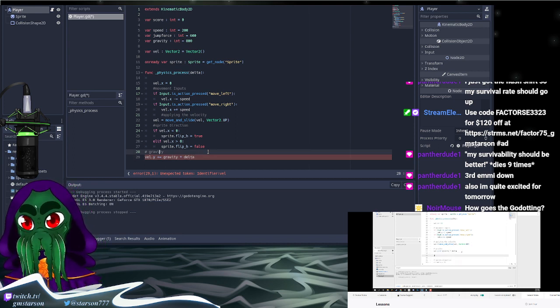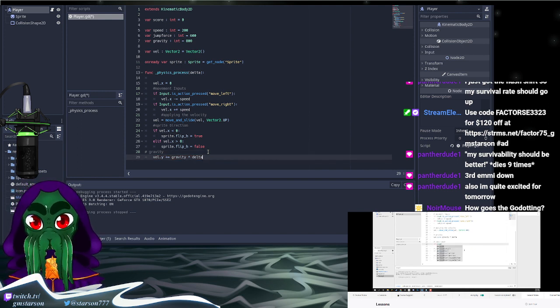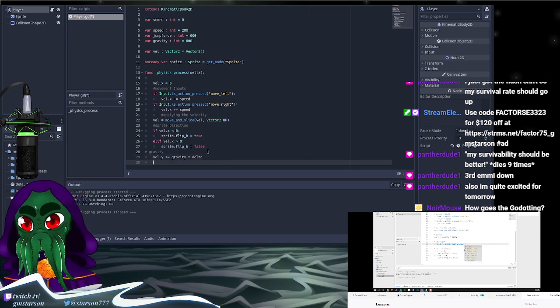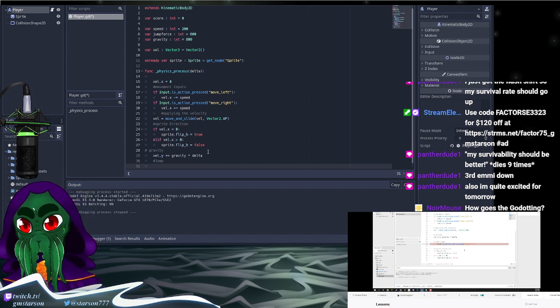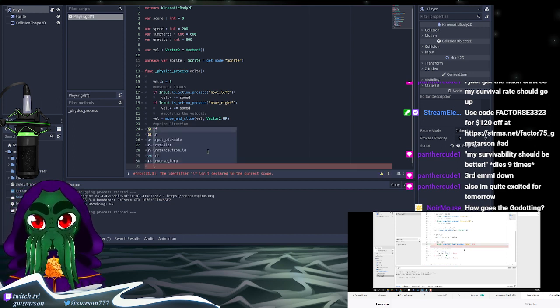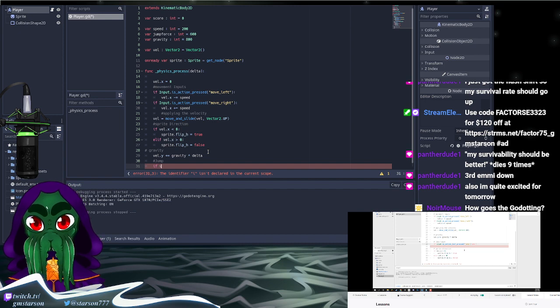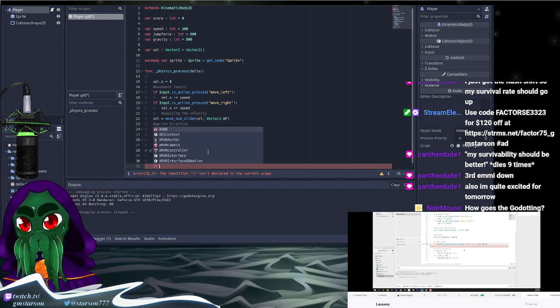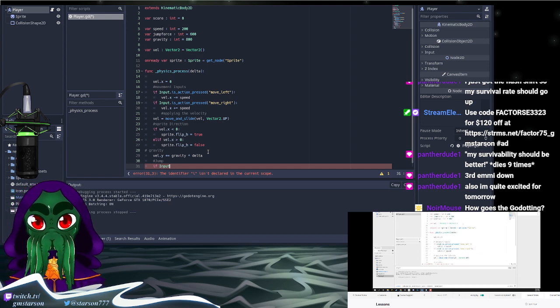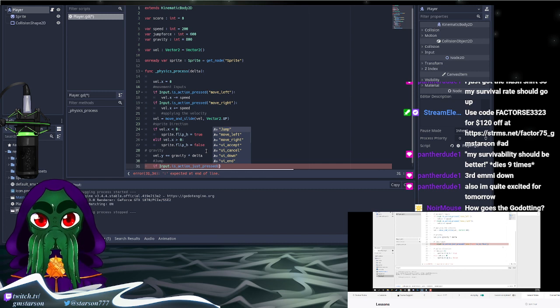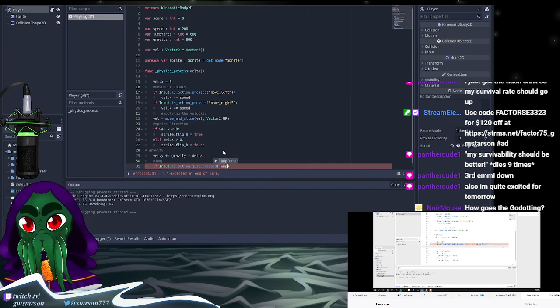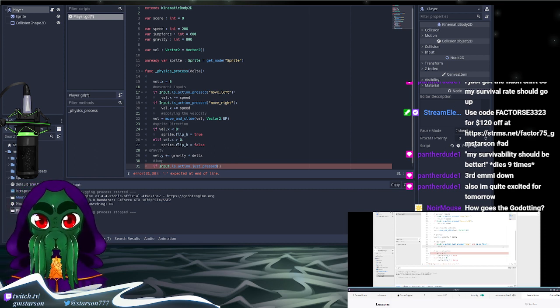Then we also want to add in the jump input. So here we can just go if Input.is_action_just_pressed, so if an action has just been pressed, and that is going to be the jump key, and if we are sitting on the ground, because we don't want to be able to jump if we're already in the air. To do this, we can go and is_on_floor. This is another built-in function with Godot with the kinematic body 2D here, and this returns true or false to whether or not we're standing on the ground. Go colon. So if we're on the ground and we just press the jump button, then we want to go vel.y minus equals